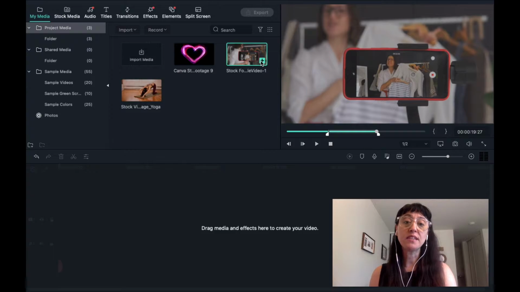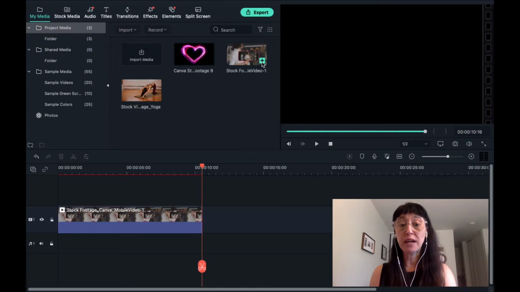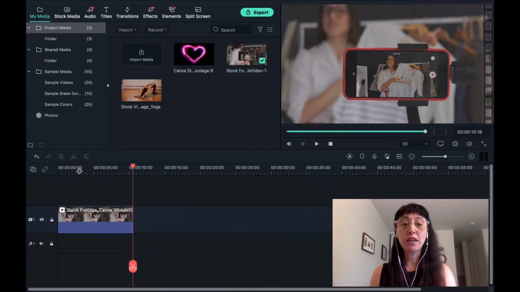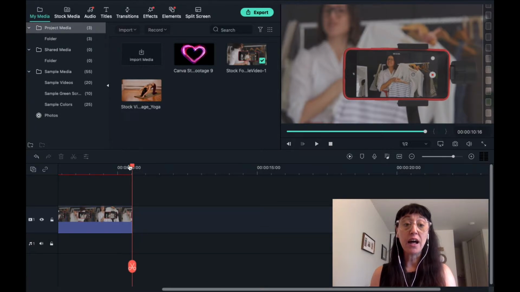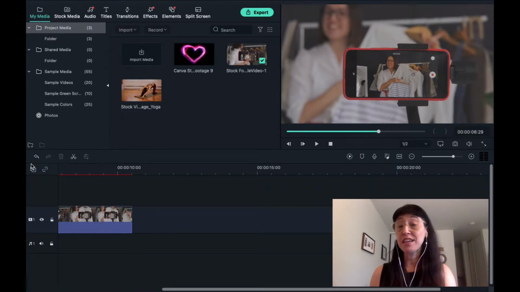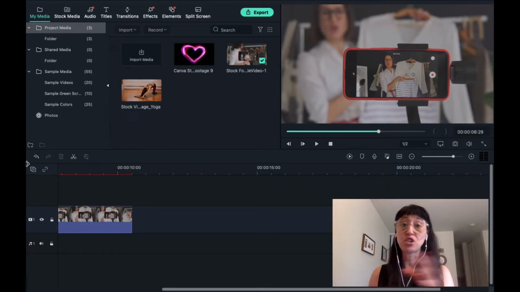So what happens is when we select the plus button here, it's bringing in the portion of the media that we want, not the entire clip. It's bringing in just from the in point to the out point. So that is what you want to get used to when you're doing any kind of project, especially a bigger